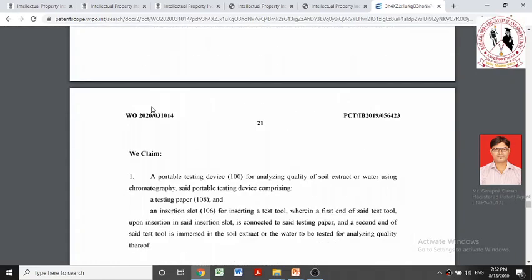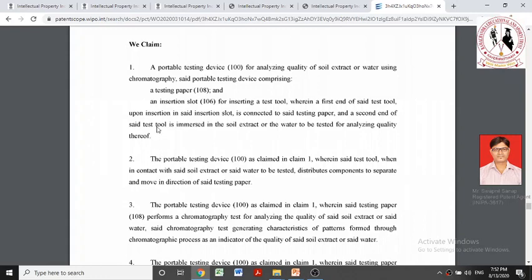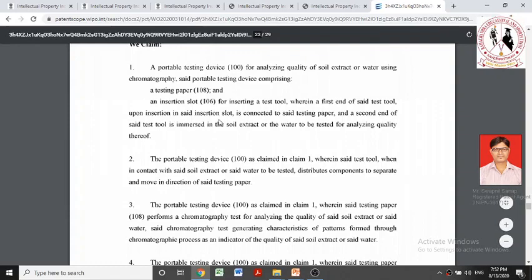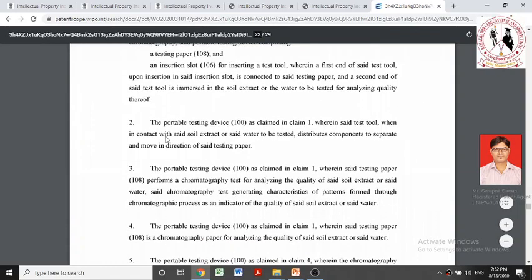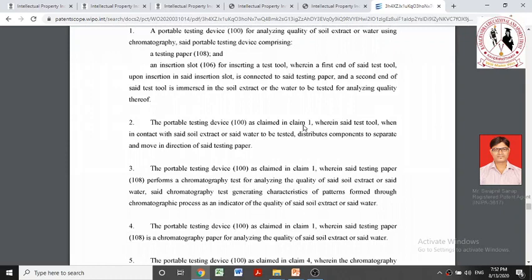How to identify what is independent and what is not? One thumb rule or trick is that any claim which starts with a "a" and is not dependent on any other claim is referred to as an independent claim. In contrast, any claim, for example claim number 2 here, "the portable testing device as claimed in claim 1", is indicating towards the first claim, and thus it is noted that this claim is dependent on some other claim, and that's why it is referred to as a dependent claim. Is this clear? Any confusion in this? Sure. So basically, these are the two types of